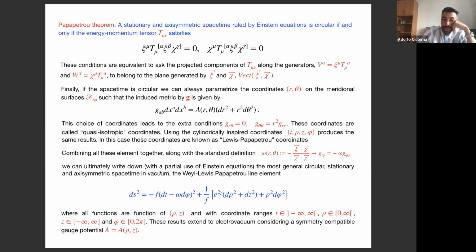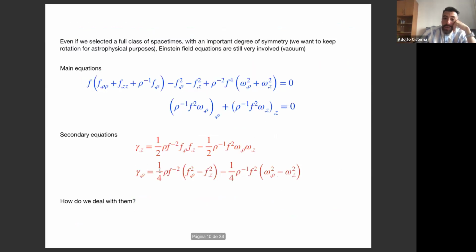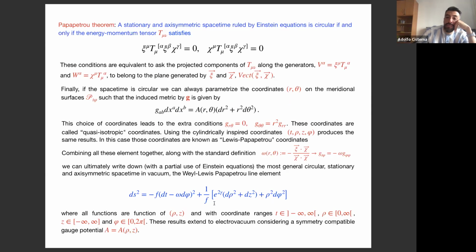Okay. So let us deal now with Einstein equations in a Weyl-Lewis-Papapetrou line element, in this very general ansatz you see there. So f, of course, is your lapse function. Omega is the function of the dragging of the spacetime induced by rotation. And gamma is a function that determines the conformal factor on top of the non-Killing sector of the metric.